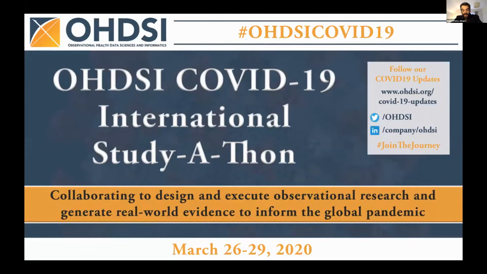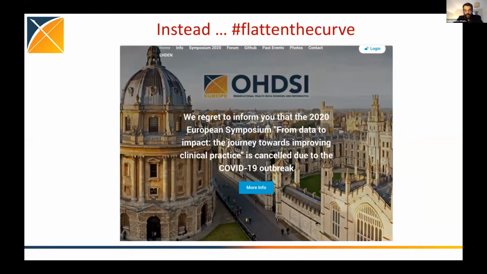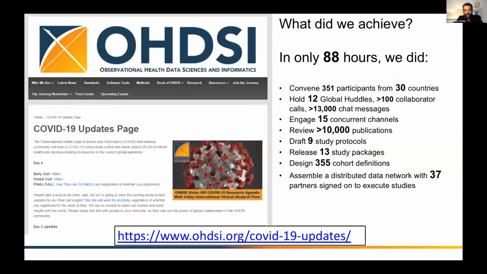And this all started with what we called a hackathon or a studyathon that we held in late March 2020 this year. The original plan was to host a meeting with colleagues from all over the world to discuss access to data, analytical tools, and all the things that we do in Odyssey and Eden. We had more than 300 people registered for this meeting that was going to happen in Oxford to talk science, to learn, but unfortunately we had to cancel that meeting and we moved to this online platform instead,